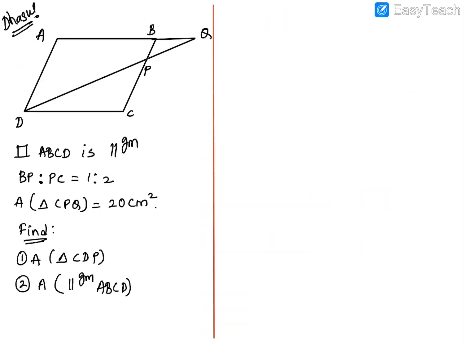Now look at the next problem. This is another Dhasu problem again now. So out here you're given that ABCD is a parallelogram. So because it's a parallelogram, opposite sides are equal and they are also what? Parallel to each other. Now you're given the ratio of BP is to PC. The ratio of BP is to PC is 1:2. What is the area of the triangle CPQ given as 20? CPQ. So you can see we are not given any CQ out here. So I will just construct it myself. And the area of this triangle is 20 cm squared.